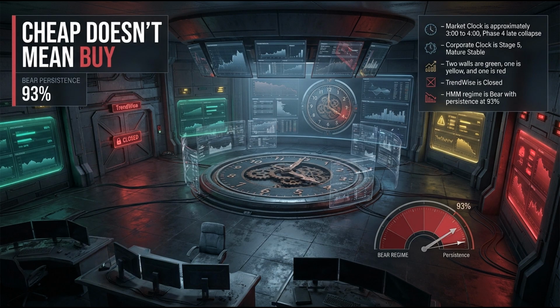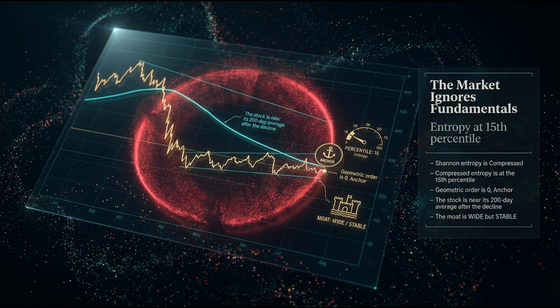Now, if a traditional discretionary value investor looks at stock B, they might see a bargain. They always do. They see the wide moat. Right, they see a wide moat, they see a stock down 60% from its highs, and they convince themselves the market is overreacting. But the framework strips away that hero complex. It does. It forces you to look at the trend.